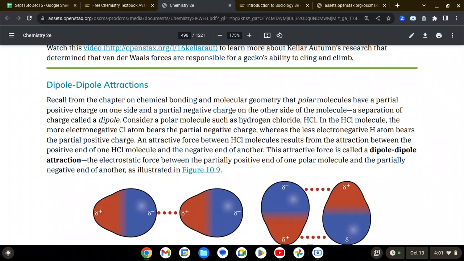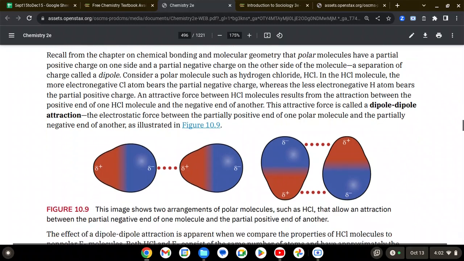An attractive force between HCl molecules results from the attraction between the positive end of one HCl molecule and the negative end of another. This attractive force is called dipole-dipole attraction, the electrostatic force between the partially positive end of one polar molecule and the partially negative end of another,